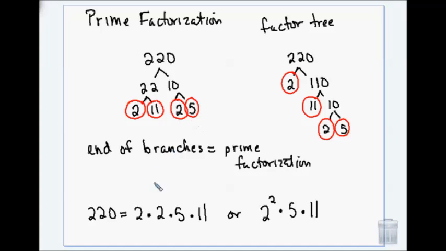it doesn't matter. You don't have to do them in numerical order, by the way. You could have written 2 times 11 times 2 times 5. It's still correct. Because multiplication doesn't have a specific order, right? So I'm not going to count it wrong if I go, oh, you put your 5 in front of your 2. Wrong. No. I have OCD, so I put things in numerical order. You don't have to. Hold on a sec. Okay,